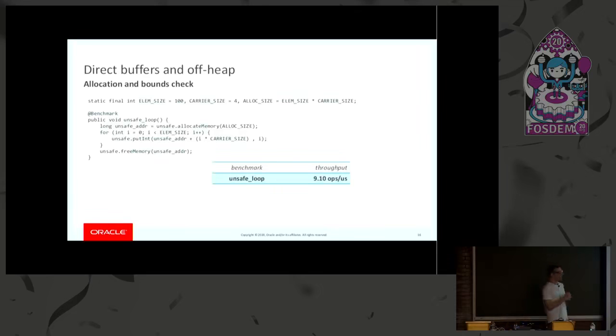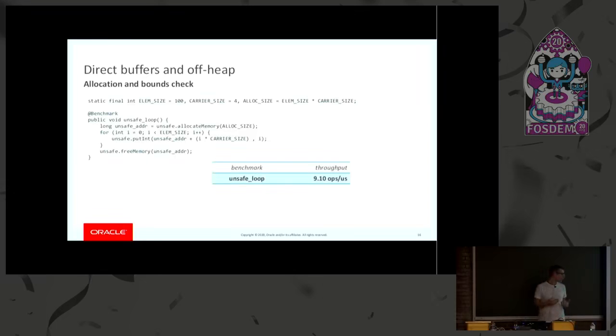The benchmark has been kind of cherry-picked, because I think this benchmark is characteristic of what happens a lot when you do native interop, which is something that we care a lot about when we do Panama. So you allocate a small buffer of memory, you fill it, and then you have to pass a pointer to this memory to maybe some native function, and then you have to free the memory after the function returns. So this is maybe not a use case that comes up a lot when you're doing I/O, but this is something that you do quite typically when working with native libraries.